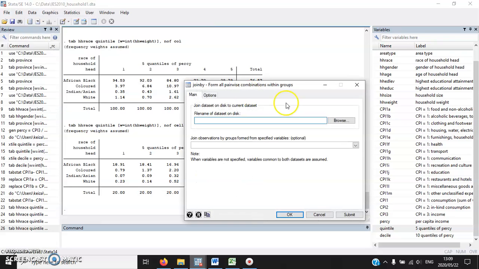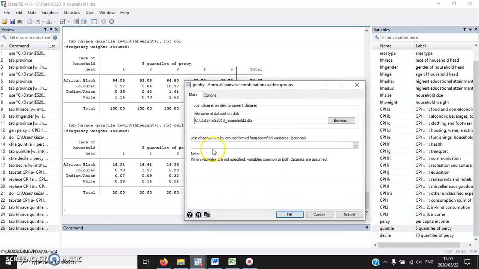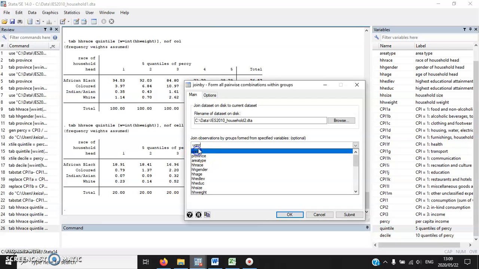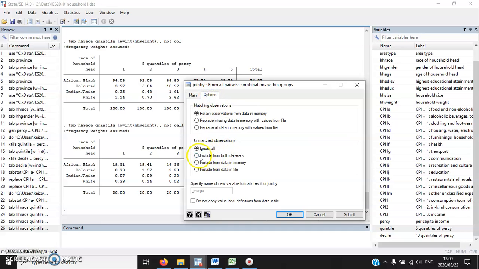Okay. I need to look for the household 2 file location, which is here. And then I need to type the unique number. Okay, I don't remember how to spell it, UQNR. So this is the key crucial variable that would help merge the 2 files together. And then we have to go to options, click the second option, include from both datasets, just in case we